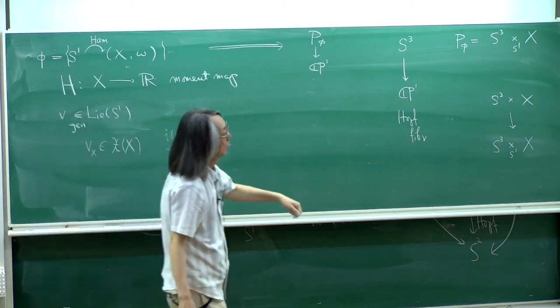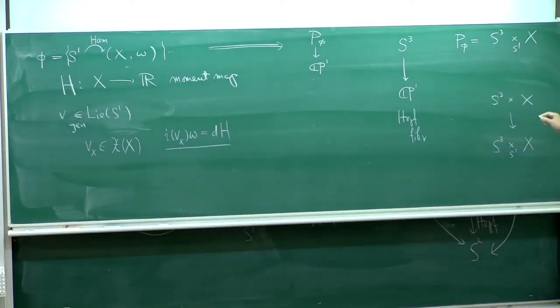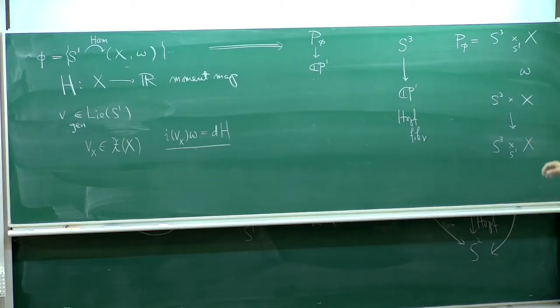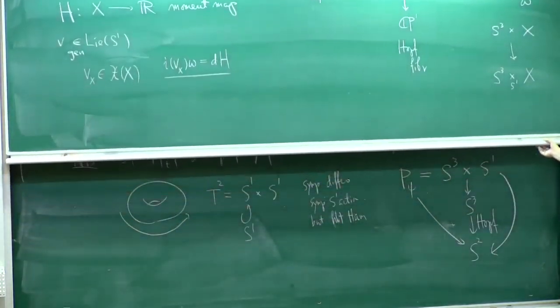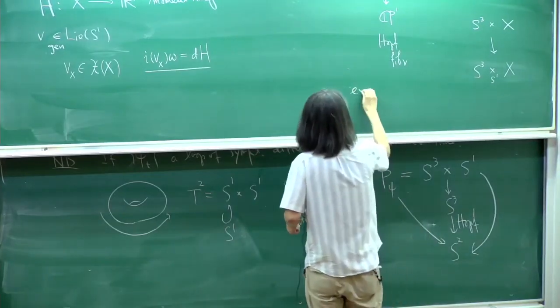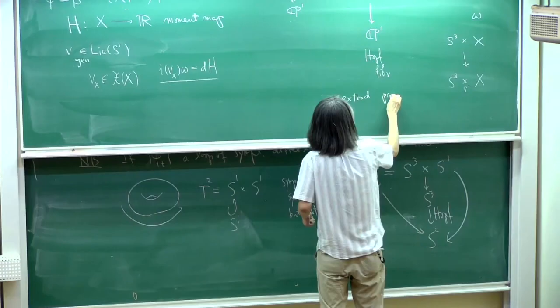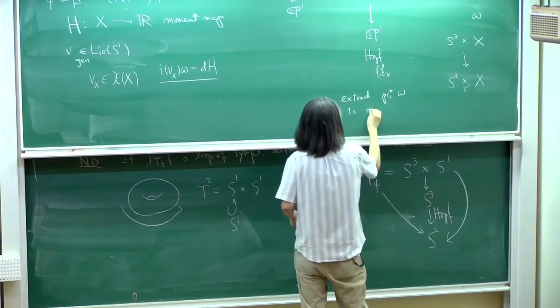So if I consider just omega here, omega is certainly an S1 invariant form, but it is not basic, right? So to extend the projection pi star of omega to a basic form,